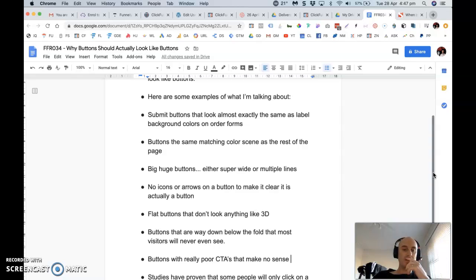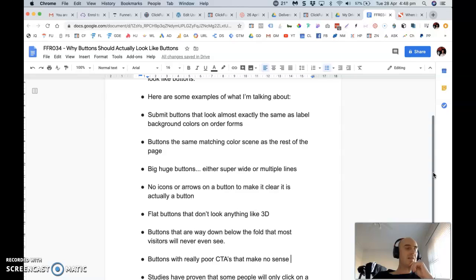So what I do when I'm building funnels in ClickFunnels is there's a special style, I can't remember the name of the tab now, it might be template or whatever, where it gives you a different range of styles of buttons, and there's one on there that is a 3D button and it's green, and that's the one that I always choose, because a 3D button is going to look more like a button than a